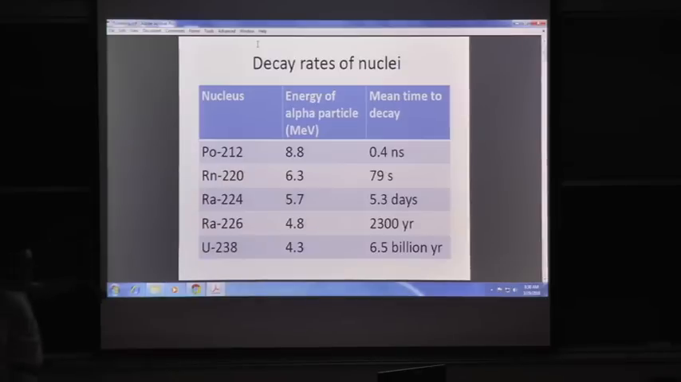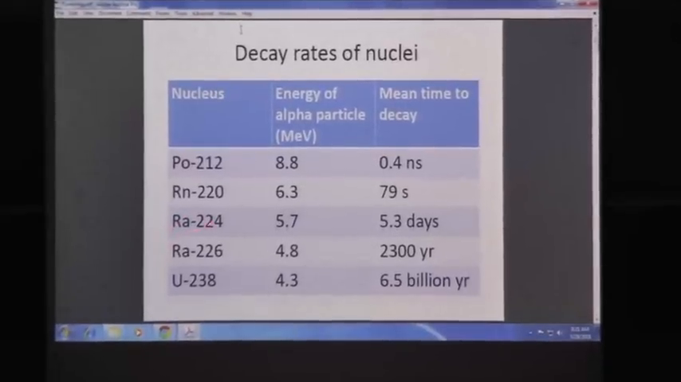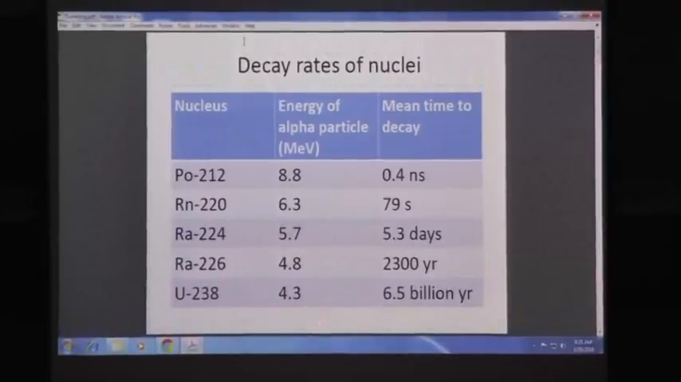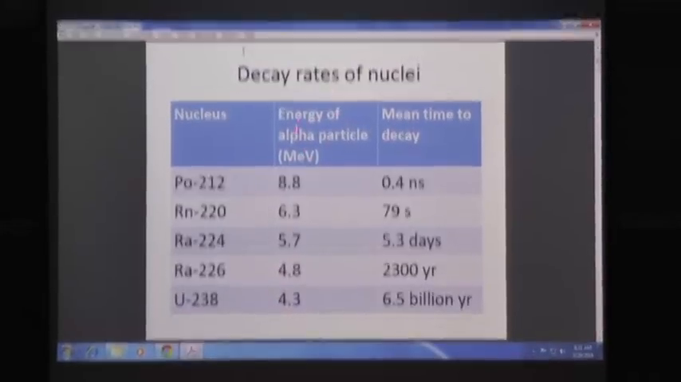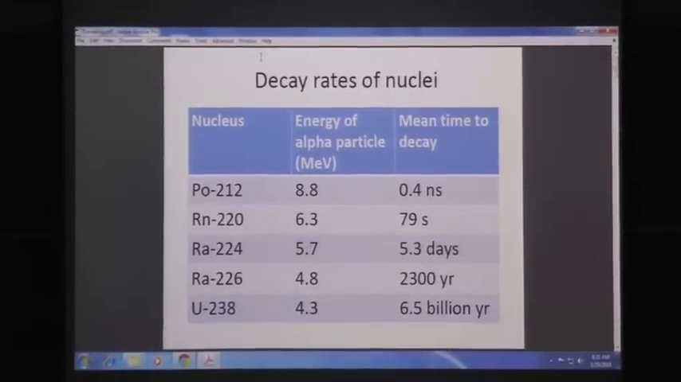So if you look at this table here, I have just listed a few nuclei, radioactive nuclei, naturally occurring radioactive isotopes. So you have polonium 212, radon 220, two isotopes of radium, and uranium 238, which are naturally occurring isotopes. And if you look at the energy of the alpha particle that is issued from these different nuclei, if you measure these energies, which can indeed be measured by spectroscopy,